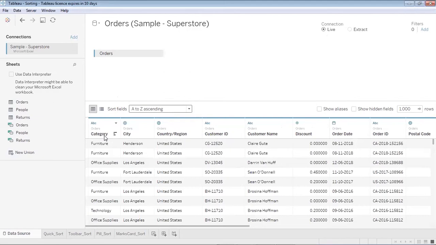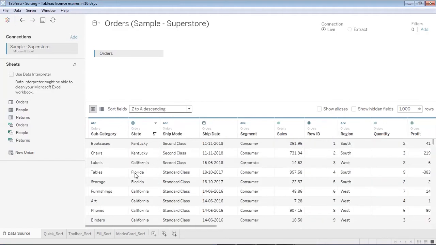You can see in alphabetical order C comes first and then comes D, O and P and so on. Now if I want to arrange these columns in descending order, I can use this option Z to A descending. Now if within each column I would like to arrange the data records in ascending or descending order, then